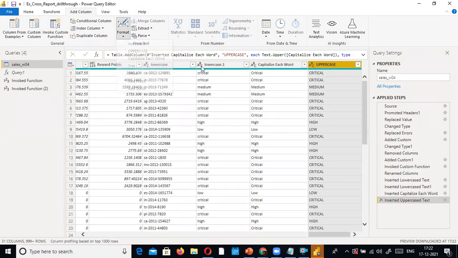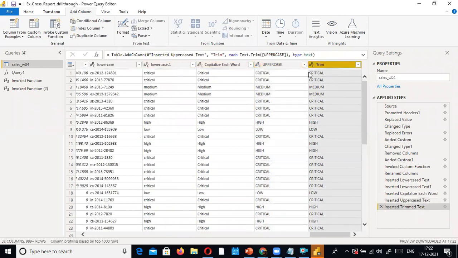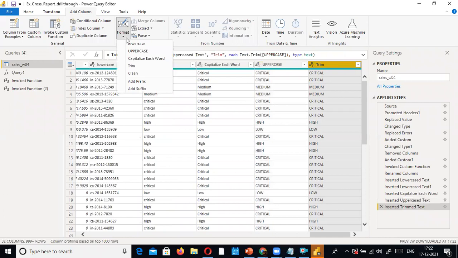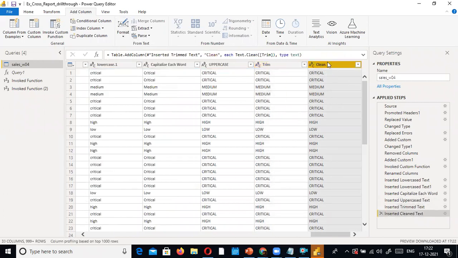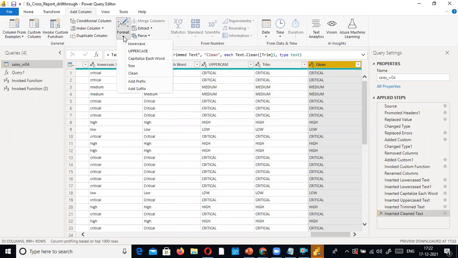And trim will trim any leading blank space and any trailing blank space, it will remove it. And then clean. Okay, I don't want to apply anything, I want to revert back. You can clean it. Add prefix. Suppose you have a person name and you want to put Mr., it will help you to create a prefix, and if you want to add some suffix, you can do it with this format.